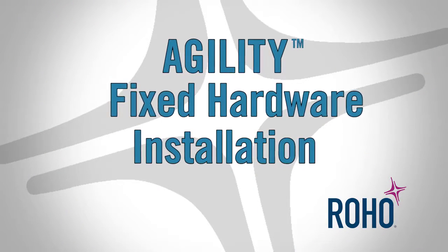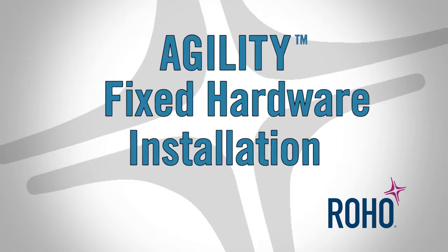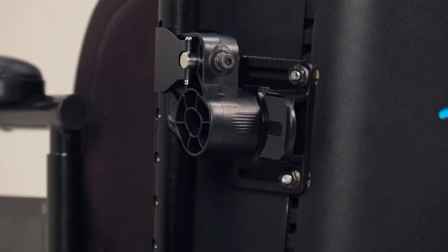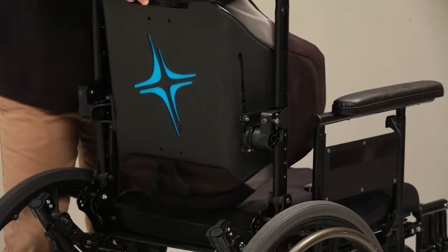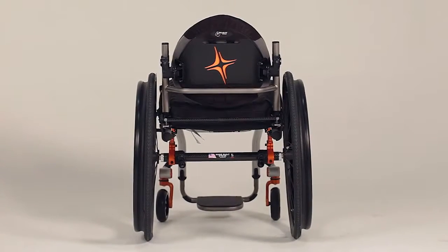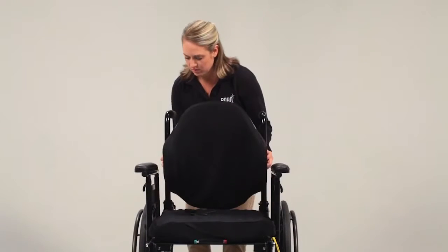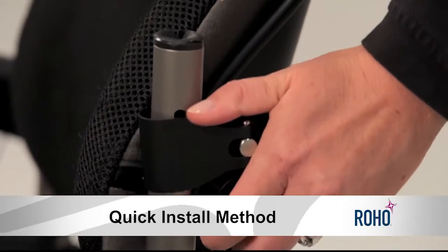In addition to the quick release hardware, ROHO also offers the Agility fixed hardware option. The Agility fixed hardware is made from the same material and has the same adjustment capabilities as the quick release hardware. But with its smaller design, it's perfect for use with rigid wheelchairs and for individuals who typically do not remove their Agility back. You have 2 options to install the Agility fixed hardware: either the quick install